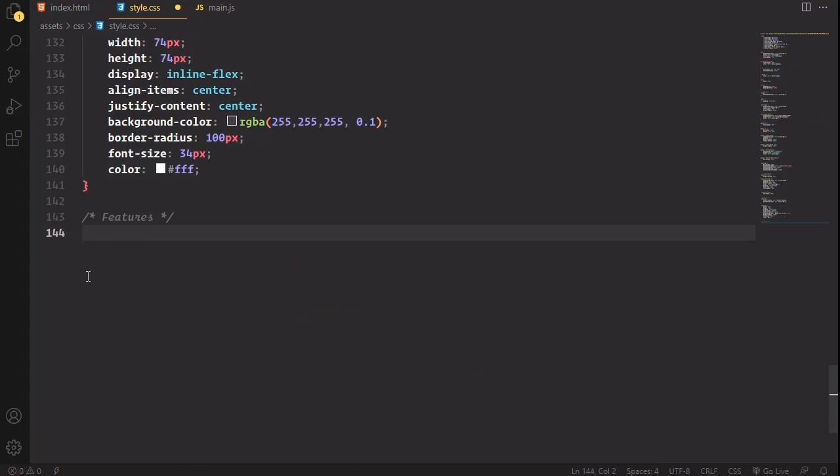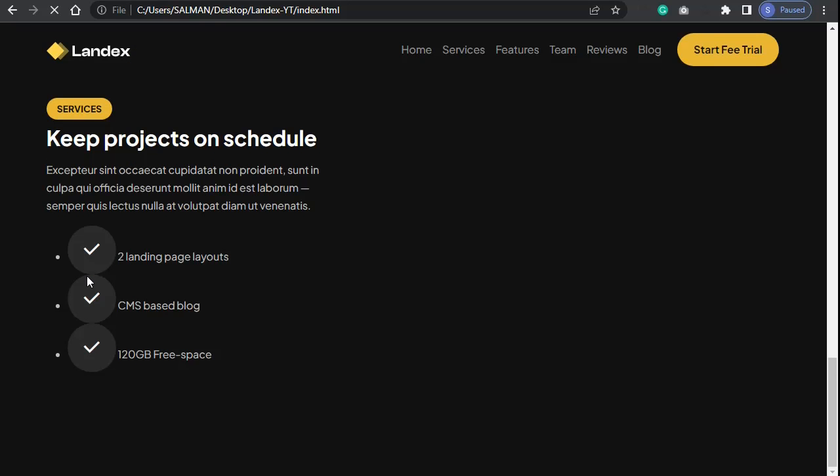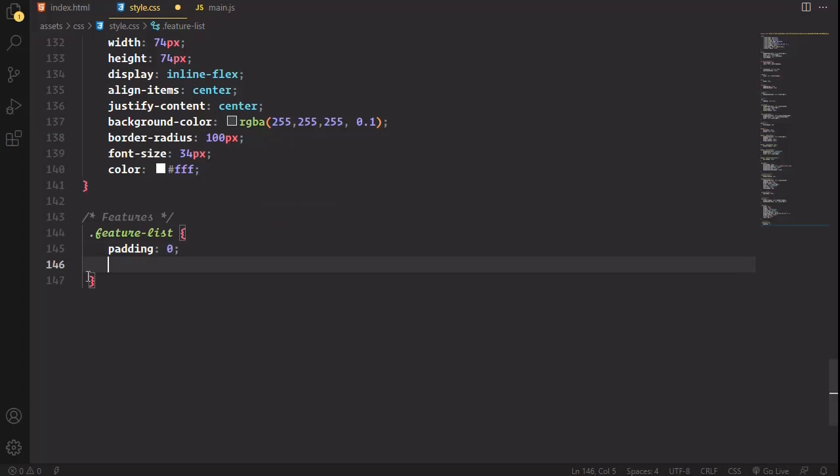Okay, I'm gonna select feature list. I'm gonna remove the padding. Okay, I'm gonna remove the bullet point as well. List style to none,